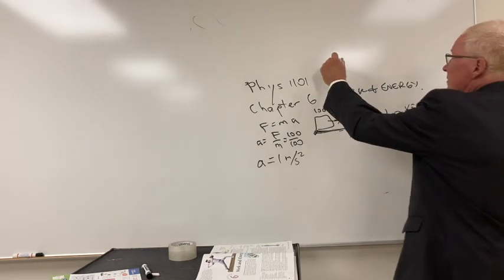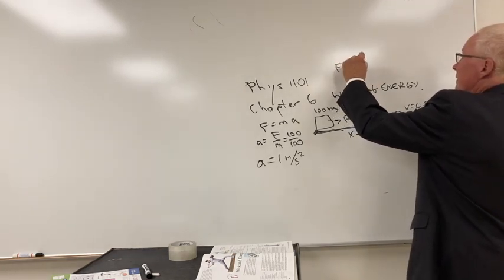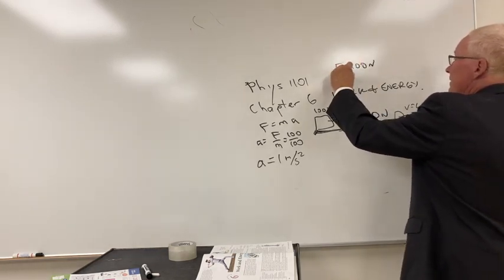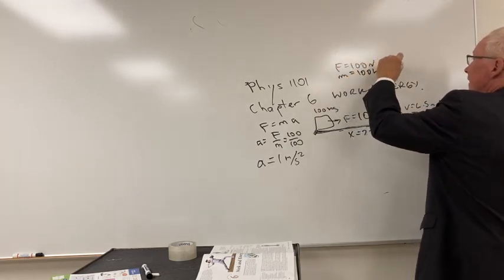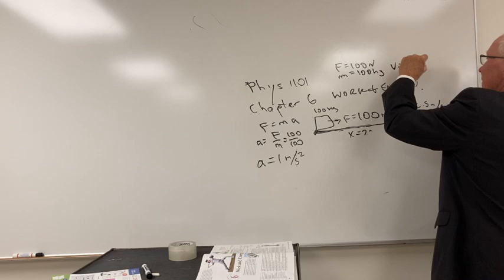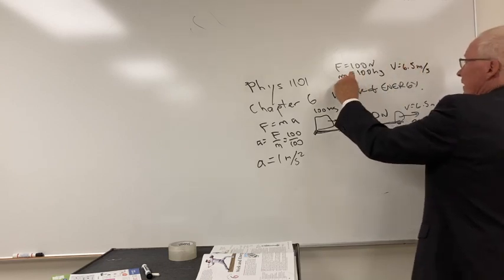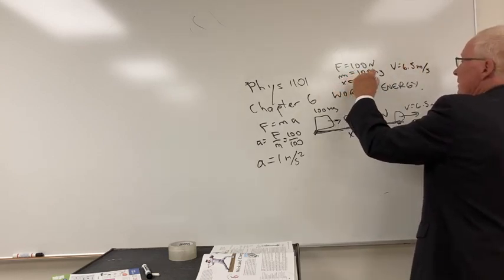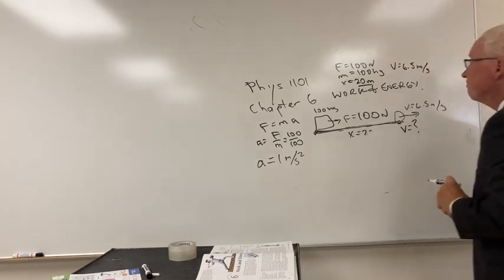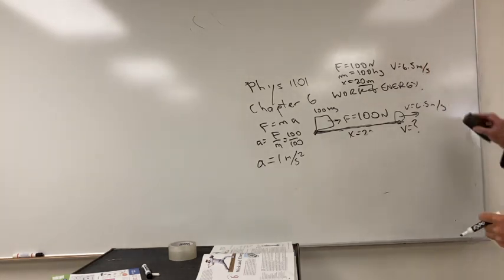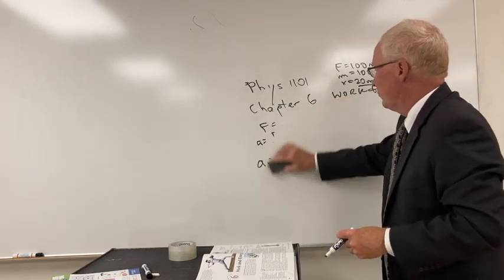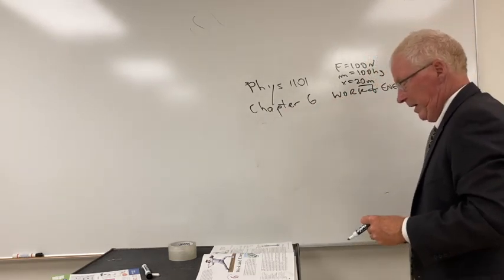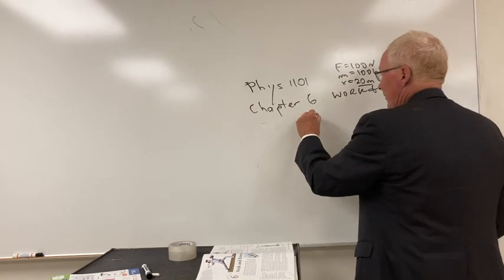So I have force is 100, mass is 100 kilograms, and v is 6.5 meters per second, and x is 20 meters. So what we're going to be doing here is a little bit different approach. And we call this concept work,